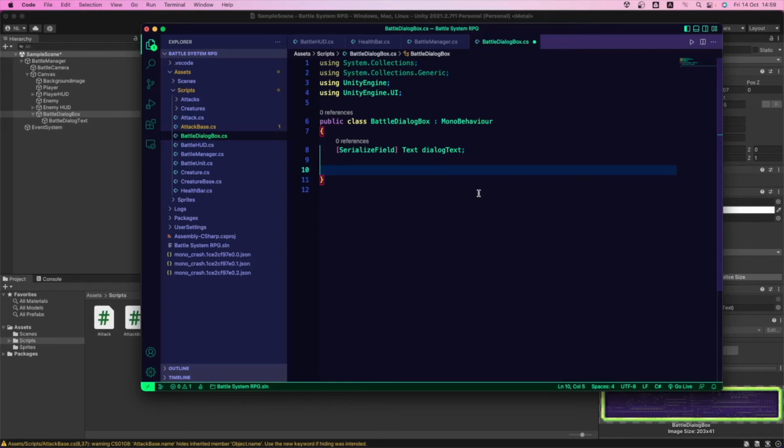So this is a great opportunity to start using coroutines, which are another type of function in C#, in Unity. I really don't know if they exist in other languages, but in C#, they work like functions that run themselves in an independent way.